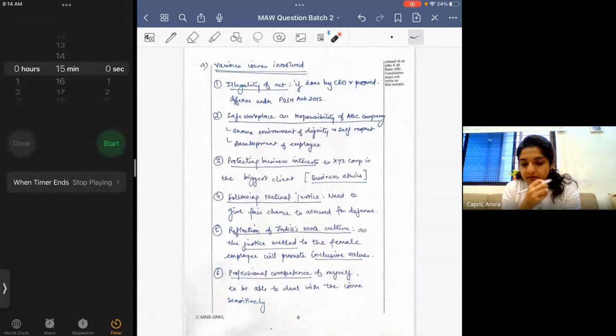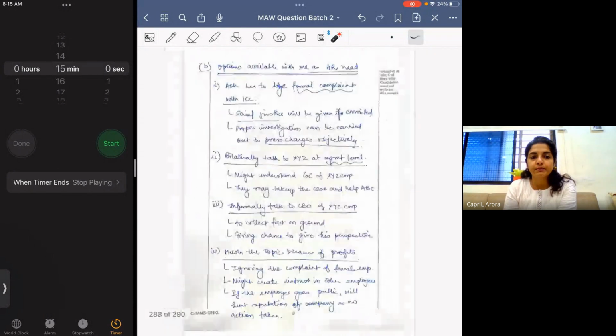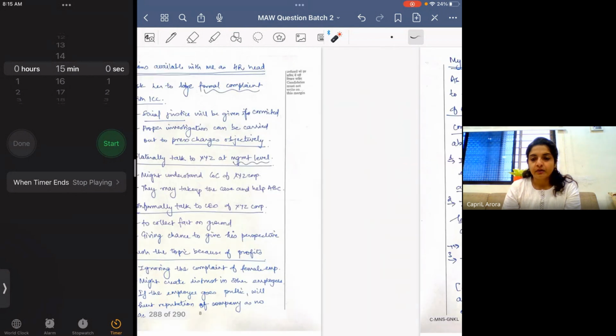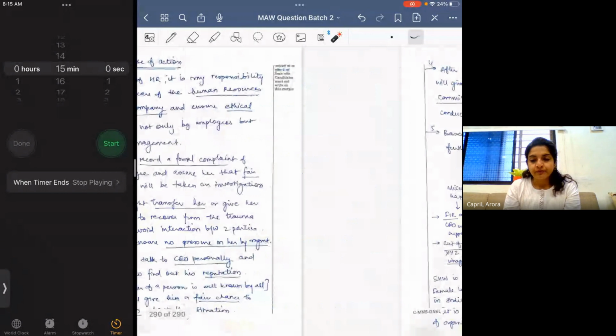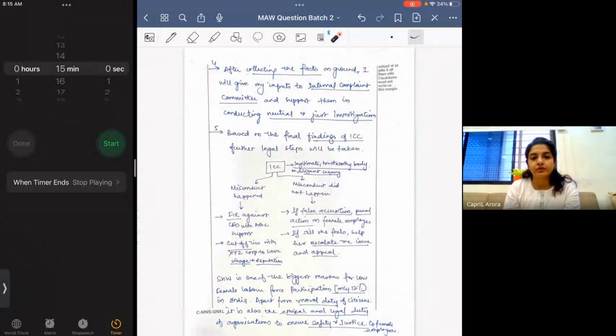For all case studies, see, the trend is changing. That's why I am giving you 4 pages, 3 pages differently in different case studies. Sometimes they will give 3 pages, sometimes 4 pages. That's why you have to be ready for writing any number of pages. You have to see the situation, make the strategy right there, and customize how much introduction you want to write and how much spacing you want to fill in. Immediately that has to come to your strategy when you are attempting the final exam.